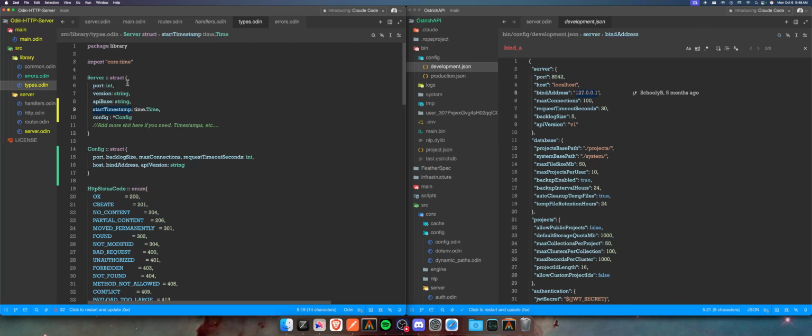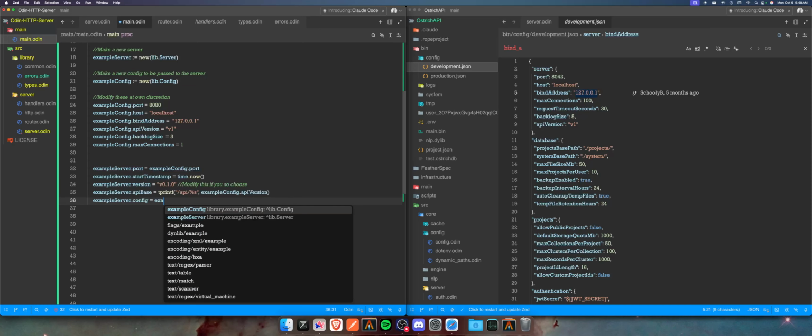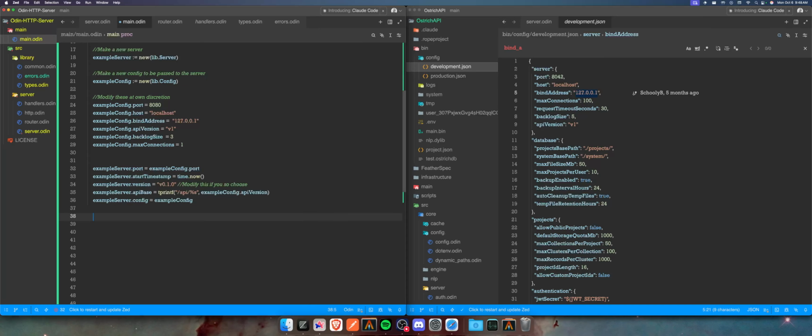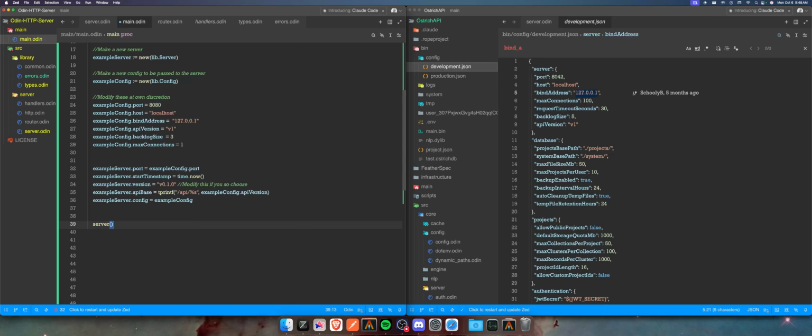API base, version, port, config. All right, and it takes in a pointer to a config. And so example server dot config is equal to example config. Beautiful. Okay, so then when we call serve, all we need to do